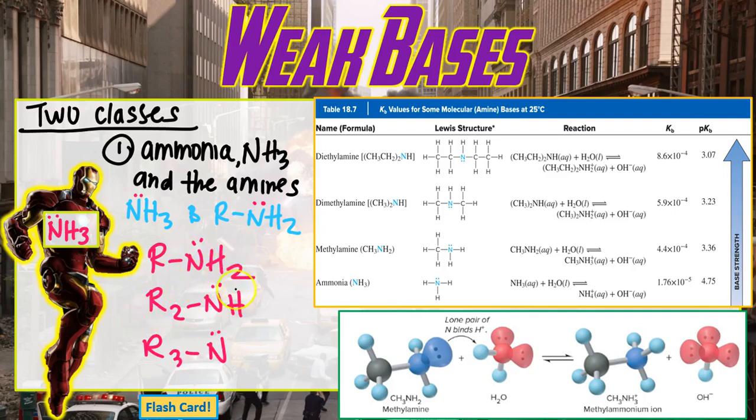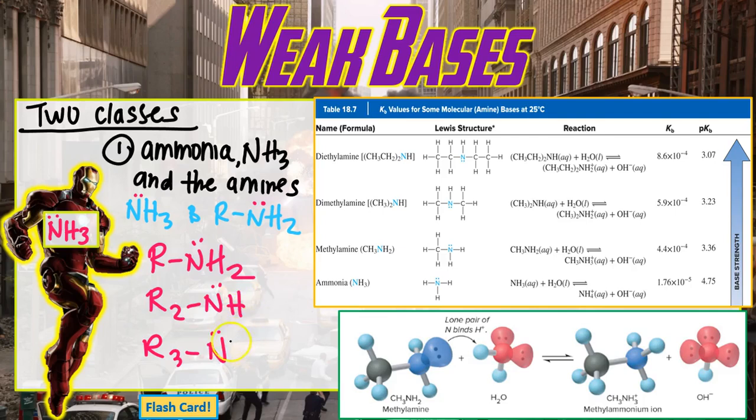And if I was to replace another hydrogen, I'll have two R groups and H. Again, we still have the nitrogen that we need for the bond. And then finally, if I replace all the hydrogens with R groups, I'll have R3 and then nitrogen. You don't have to memorize all the little details here, but you need to understand that no matter how many